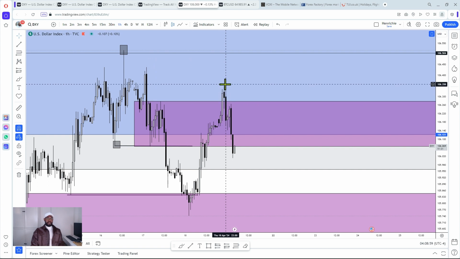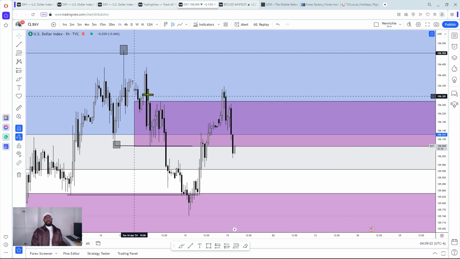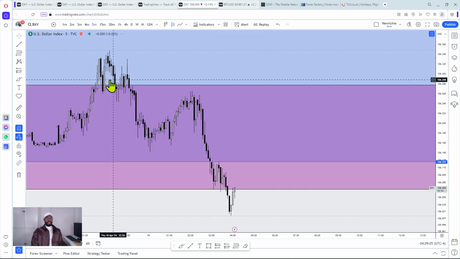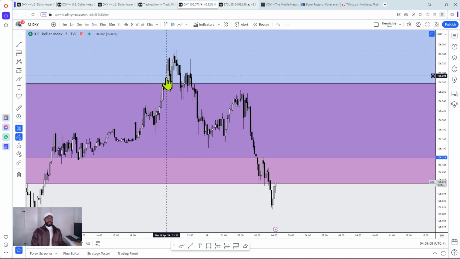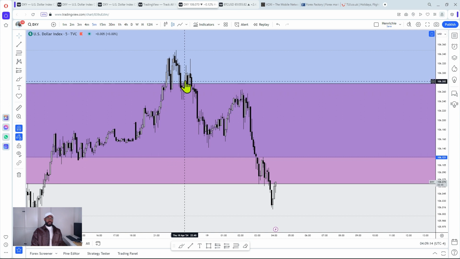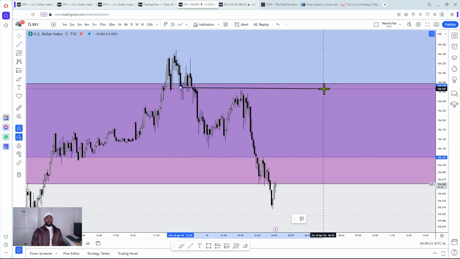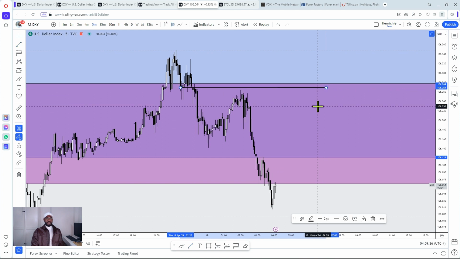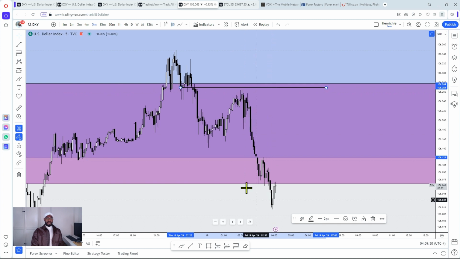Price came into that key level, and then we saw this heavy rejection. So this rejection right here, if I was to look for sales, what I would like to see would be a 5 minutes break of structure in this key level. And as you can see, we created a low, created a high. Price took this low, but it didn't close below it. We saw this impulse drop down, eventually breaking and closing below that low. So right here would be my most preferred entry into the market for sales. So you can see right there, but for some reason price didn't mitigate it,